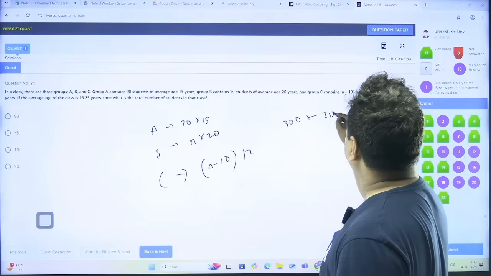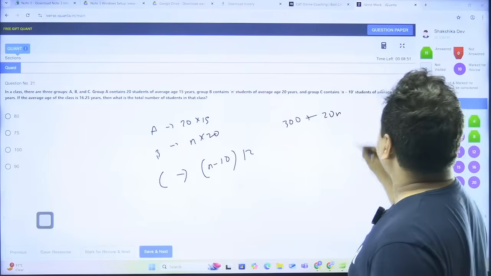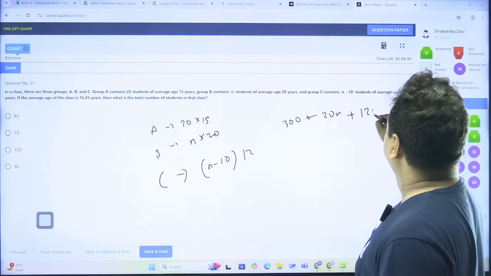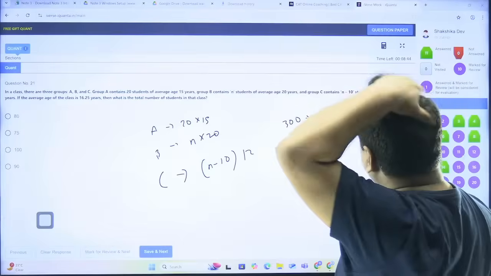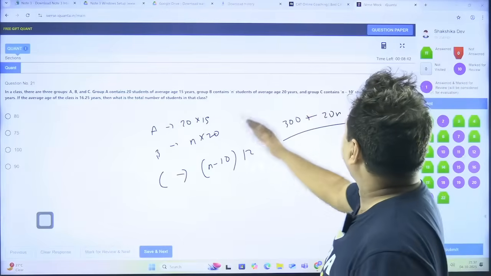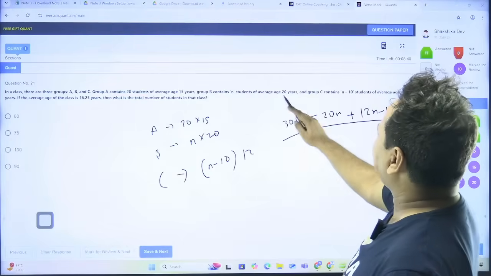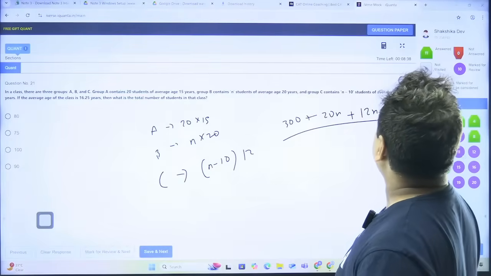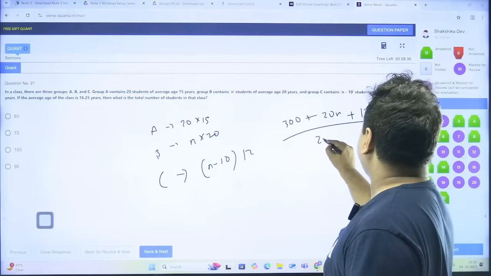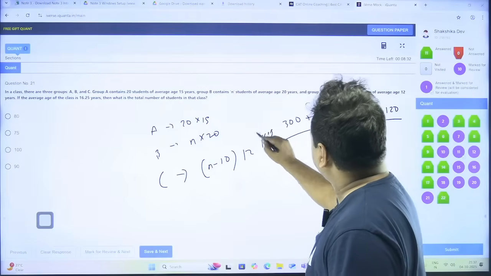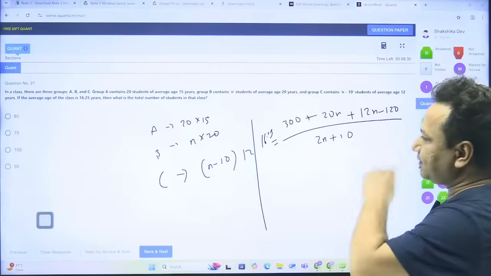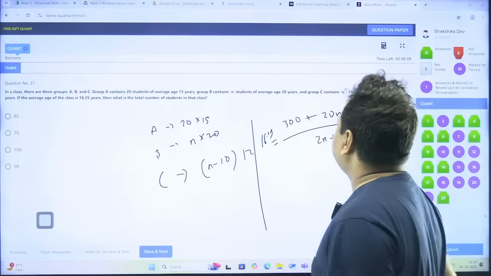इतना खराब कैट में नहीं आएगी राइटिंग, because there is a 20n + 12n - 120, that is a sum of... कितने बंदे हैं यहाँ पे यार, 20 + n, 20 + n. 20 + 2n - 10, 2n + 10 is what I have. This will be equal to how much? 16.25. Great. 16.25 सॉल्व करना पड़ेगा इसको।